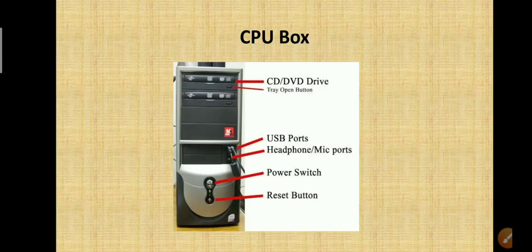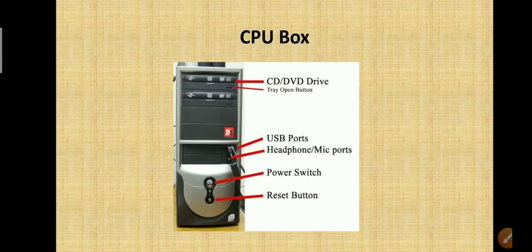This is the CPU box you have seen in our computer lab, at your home, in a shop and net cafes, different places. Now today we are going to see the different parts of the computer CPU box.